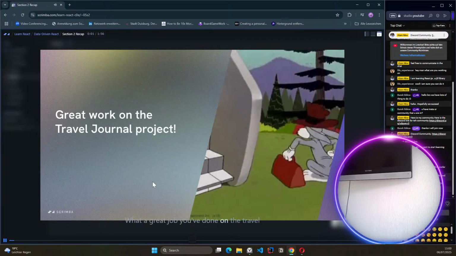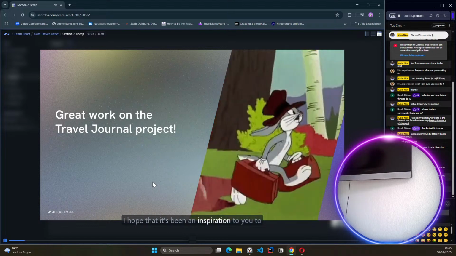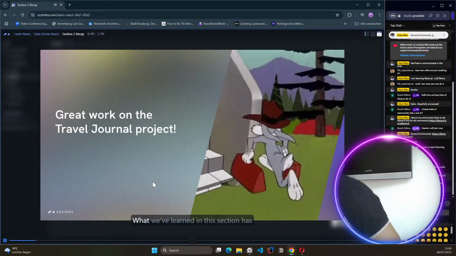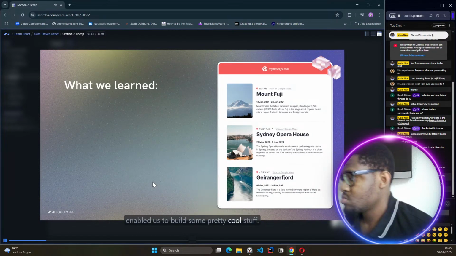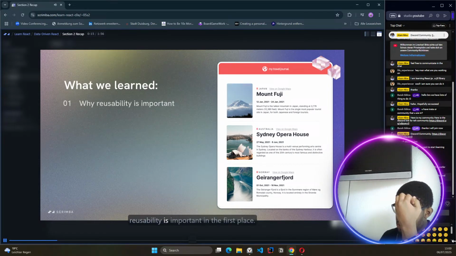What a great job you've done on the travel journal project. I hope that it's been an inspiration to you to get out there and do a little bit more traveling too. What we've learned in this section has enabled us to build some pretty cool stuff. We started out by talking about why reusability is important in the first place. We saw that probably most of the websites that we visit have